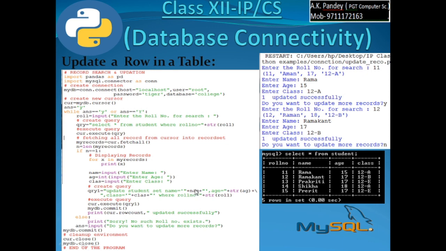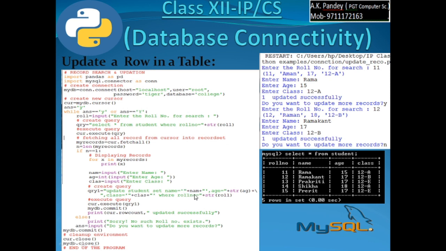So our command becomes update student set name equal to, within single quote, whatever name you have entered, say you have entered Rama. Age, suppose you have entered 15, so age equal to 15, comma class equal to say 12th A, within single quote it will be 12th A, where roll number equal to, suppose you have entered roll number 11, so roll number equal to 11. The formation of this query command is a little complex and it should be very correct.